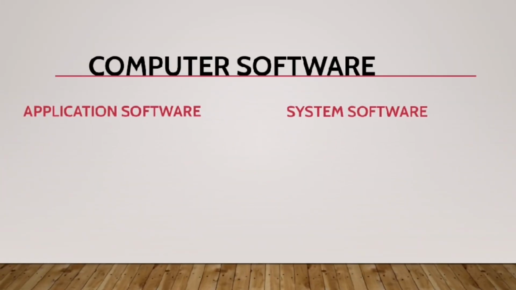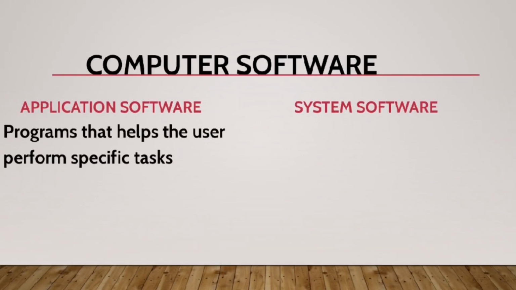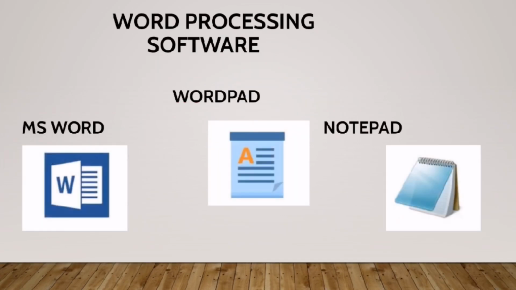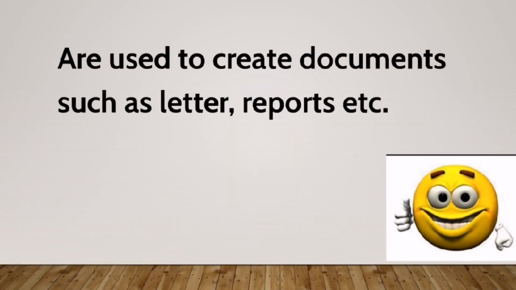Software often falls into two categories, the application software and the system software. Application software are programs that help the user perform a specific task. For example, opening or using an app. Applications like word processing software, which includes MS Word, WordPad, and Notepad, that are used to create documents such as